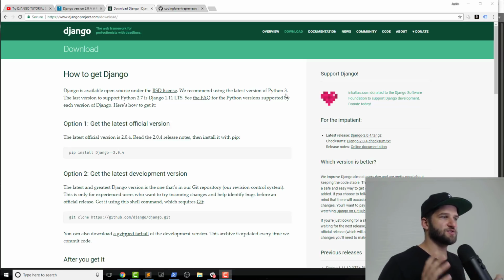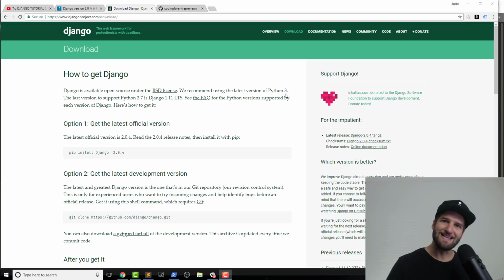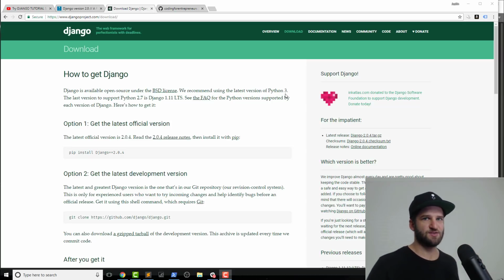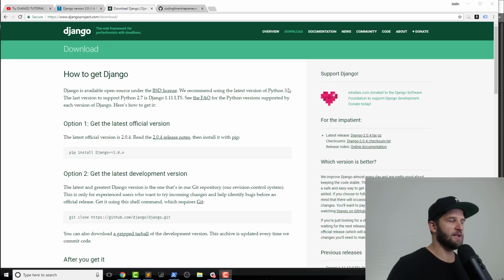Now, I realize it's probably a good idea to see how to actually upgrade a project, and that's what we're going to do now. We are going to upgrade a Django 1.11 project to the latest version of Django, which is Django 2.0.4. Now, one of the key things when you think about upgrading is you want to look for the LTS, or the long-term support version, because that one will last much longer than any other kind of version. And we can find this out by jumping on